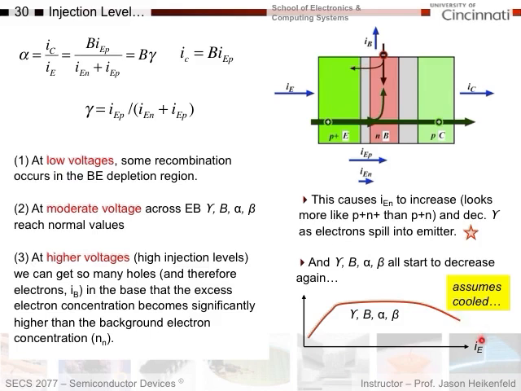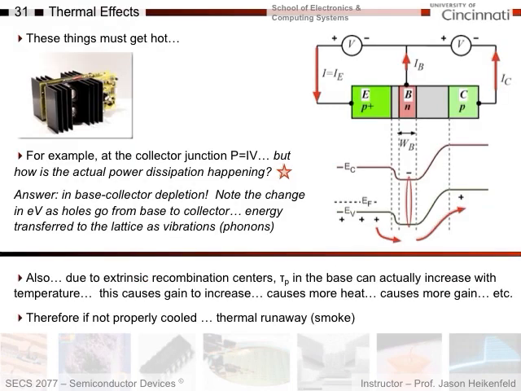Now, when we talk about higher current levels, this assumes everything is cooled. What happens if you get too hot? So things must get hot. Here's an amplifier with some BJTs and some big heat sinks. So what happens? Well, the first thing I want to do is look at where the heat dissipation is occurring here. Okay? And so if you look at a BJT and you set it up, the easiest way to tell